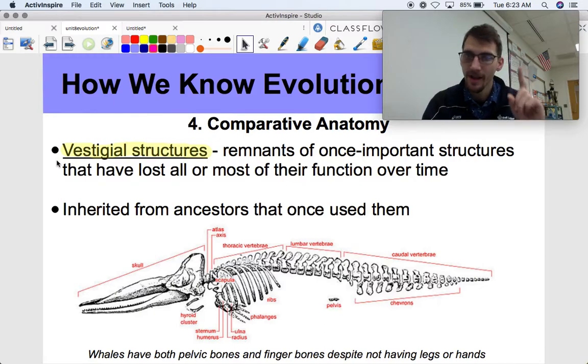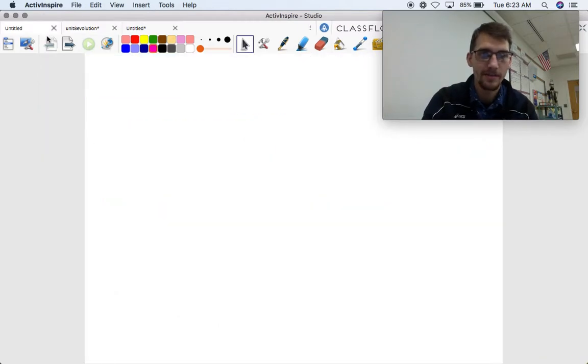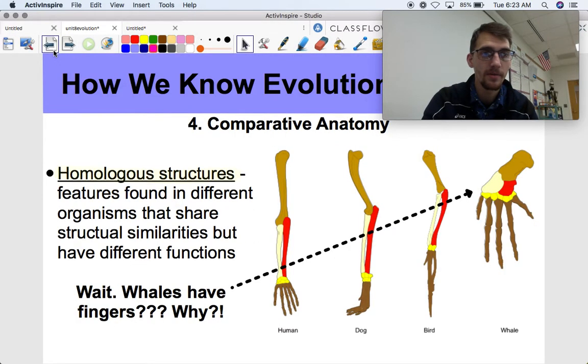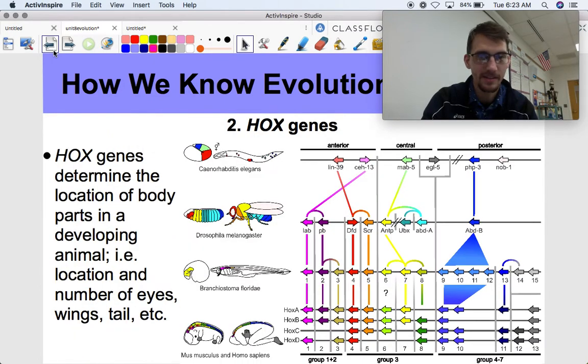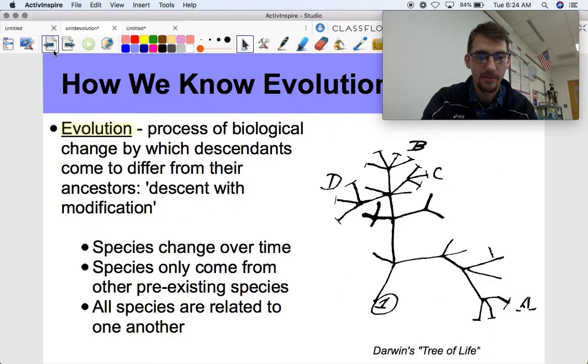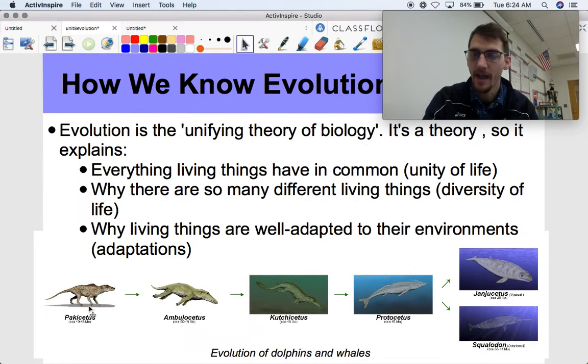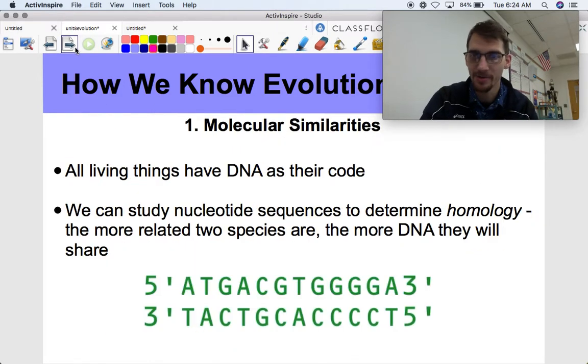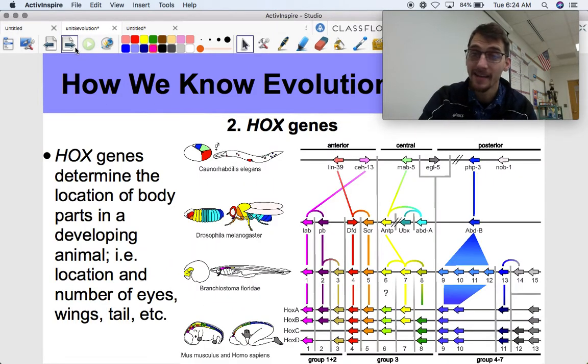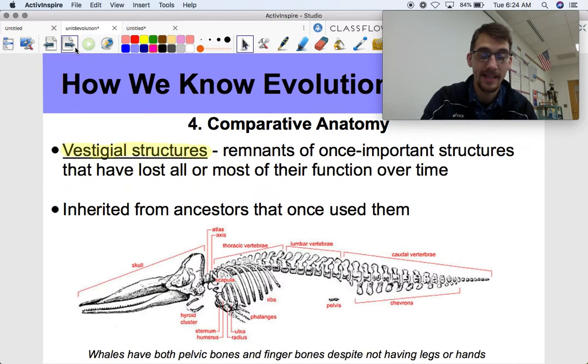If you saw earlier, I had a picture of the evolution of whales. Let's just go back to it. Oops, there we go. Okay, let's take a look at this really quick. Going back. There it is. Okay, the common ancestor of all cetaceans, aka dolphins and whales, is this Pakicetus here. And take a look. It is very much a land animal. It almost looks like a little dog or rat or something. But yeah, it is the common ancestor of all cetaceans, and it was a land animal, which explains why it has fingers and it actually has a pelvis and leg bones.